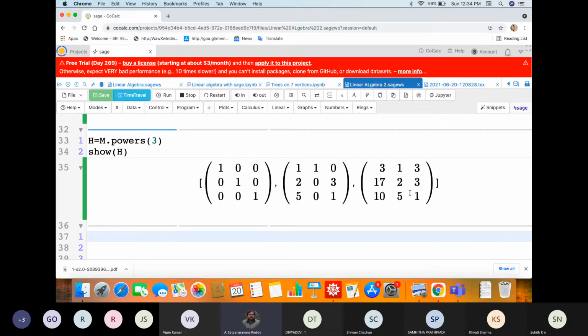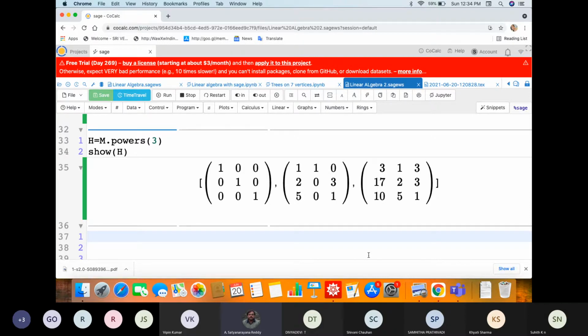The spectral radius need not be an eigenvalue. For example, if I take my matrix as -1 0 0 -1, the minus of the identity matrix, then both eigenvalues are -1. The spectral radius is 1, but that is not an eigenvalue of that matrix. But if the matrix is a positive matrix or, more generally, a primitive matrix, then the spectral radius becomes an eigenvalue. It is the largest eigenvalue and its multiplicity is also 1. That is the beauty. Those things you can check later.